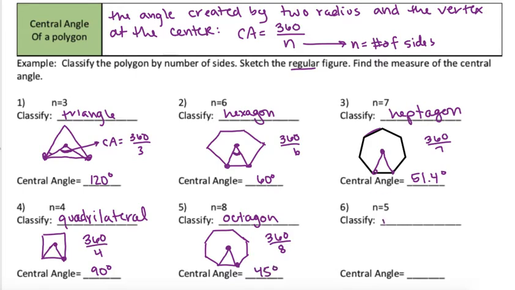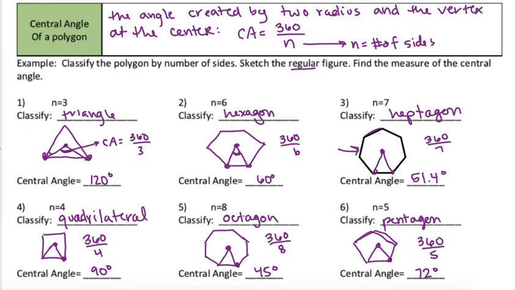And 6, now we have a pentagon. And okay, this one is going to go out, and I kind of drew that one when I was doing 7. So now I have 1, 2, 3, 4, 5 sides, central angle, up to the center, back down to a vertex. 360 divided by 5 is going to measure 72 degrees. All right, so we practiced naming and classifying those and finding the central angle. Again, I'm not going to grade you on your drawings, so if you don't have the cheater tool or you can't use that, it's okay as long as that object has the right number of sides